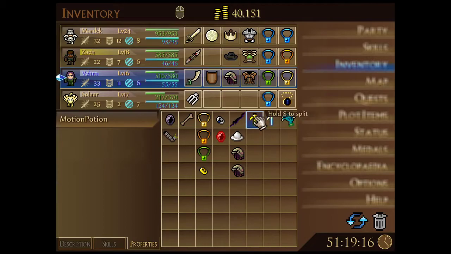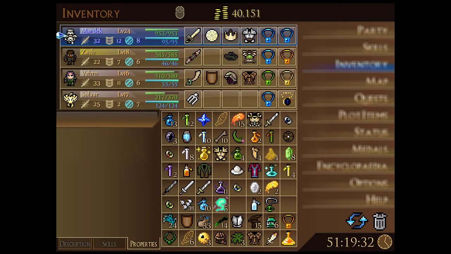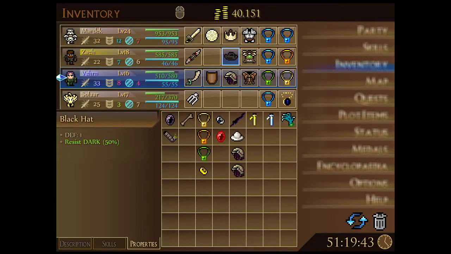So let's go that route, and we see that Solar is quite lacking when it comes to items here. No helmet, at least not at the moment, and no chest plate at all. I'm pretty sure we can do something about the helmet. The chest plate, maybe less so. So remember that Solar is not able to wear helmets, only hats, which means that it might actually make sense to put the Black Hat on Solar rather than Zack, because at the moment,